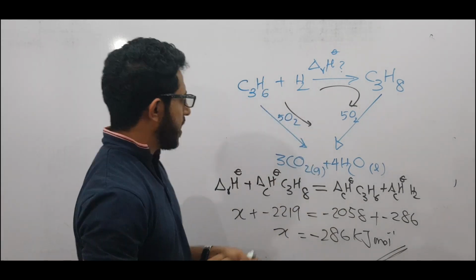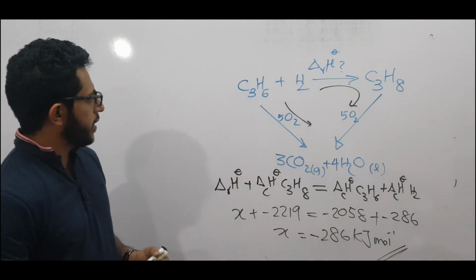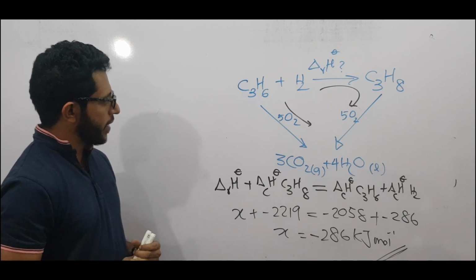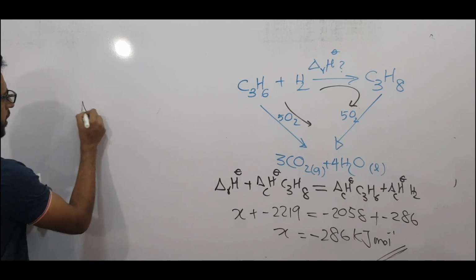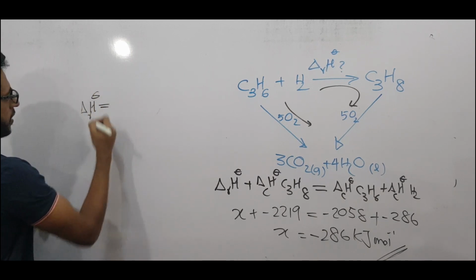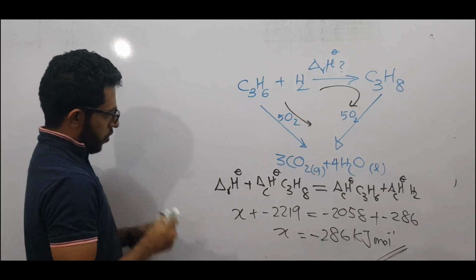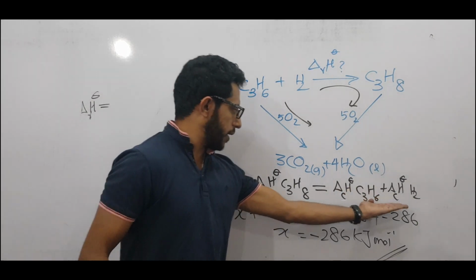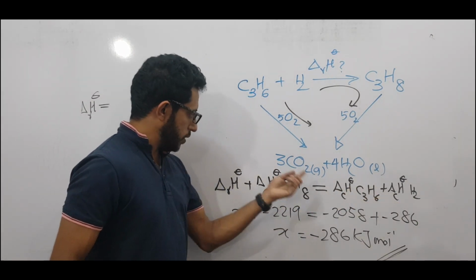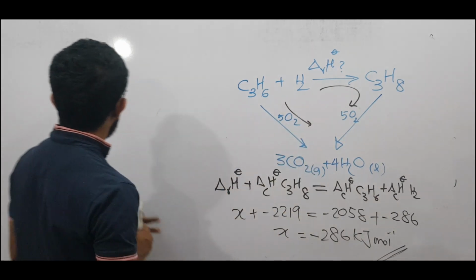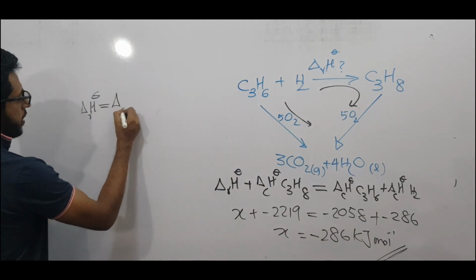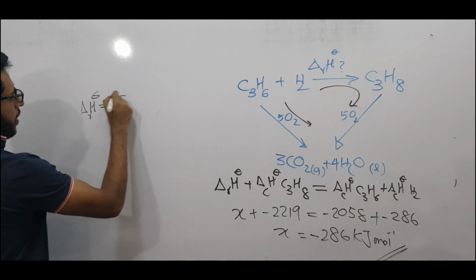Now by looking at this Hess cycle, we can derive a formula, right? So what is the formula? Then the formula would be, you can see delta RH, the chemical reaction is equal. Now this one can be found by subtracting this value from these two. C3H6 and H2 means the reactants. Formula is then combustion summation enthalpy